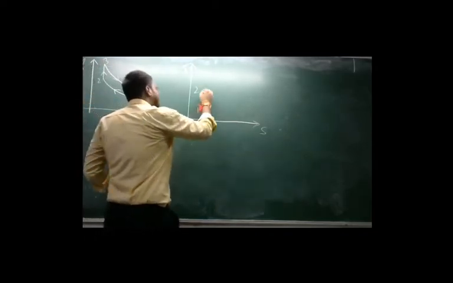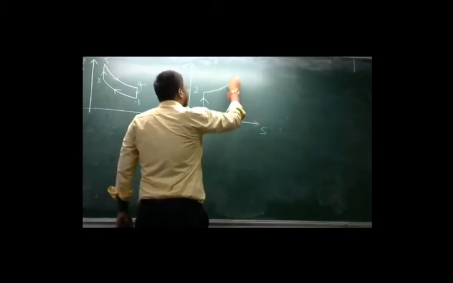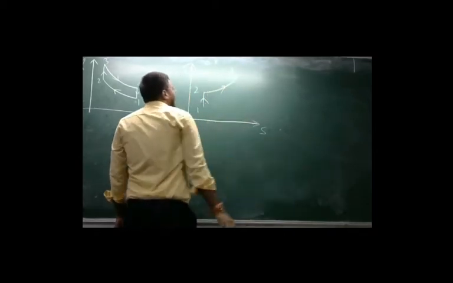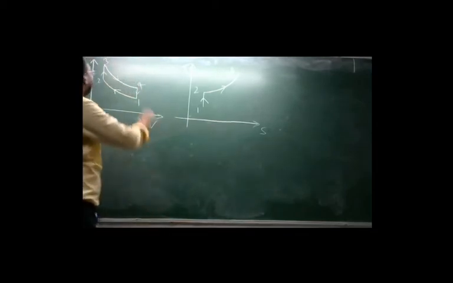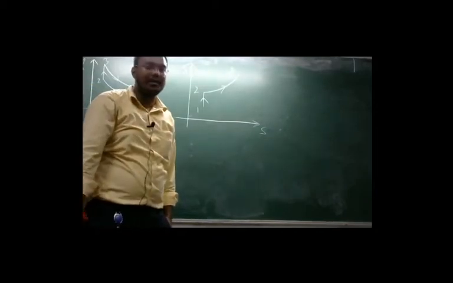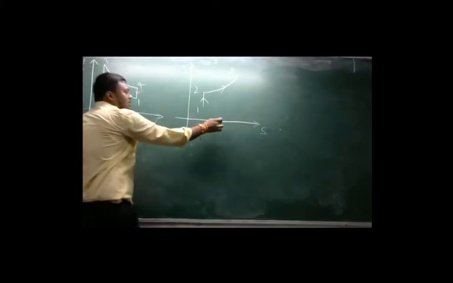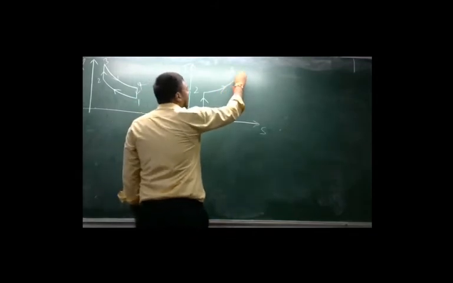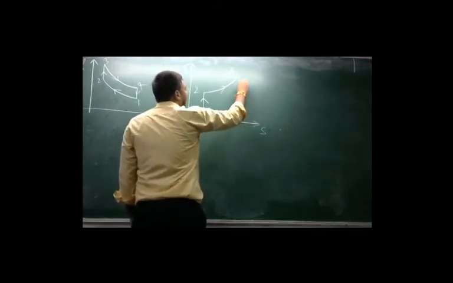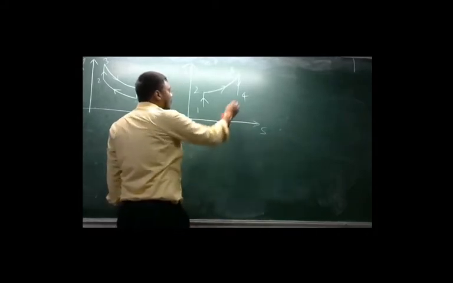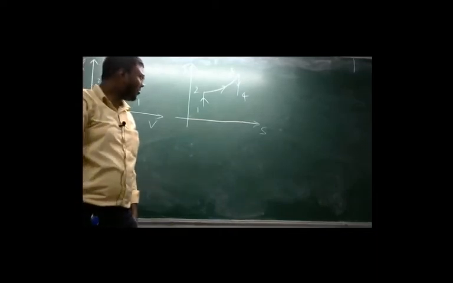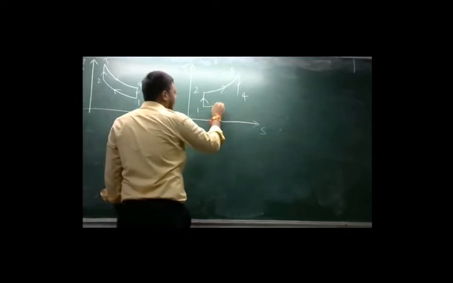So 2 to 3 will be a curve. Okay. So the curve should be like this, 2 to 3. This is constant volume heat addition. Again, 3 to 4 is reversible adiabatic expansion. Again, reversible adiabatic means isentropic. Isentropic means entropy should be constant. So again 3 to 4 is a vertical straight line because entropy is constant from 3 to 4. Okay. Now 4 to 1 is the constant volume heat rejection process. Again a constant volume process, so it will be a curve on the TS diagram. It should be like this.